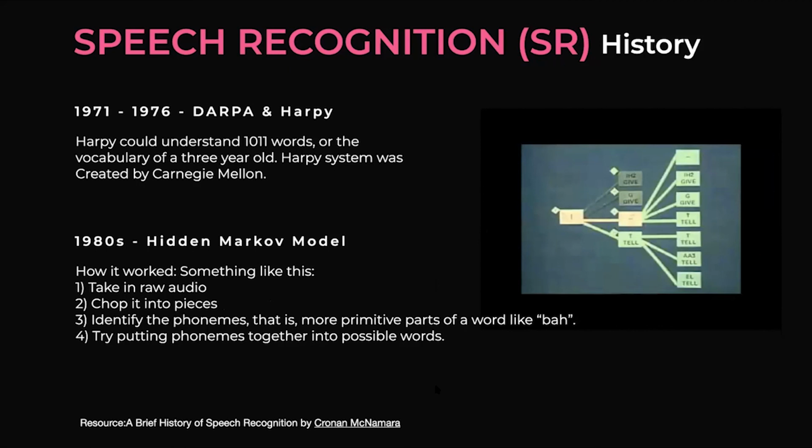Okay, around 1971 to 1976, DARPA and Harpy. Harpy could understand around 10,000 words, or the vocabulary of a 3-year-old child, right? So the Harpy system was created by Carnegie Mellon. So yeah, Carnegie Mellon. So you can take a look